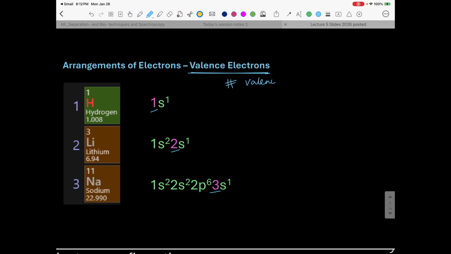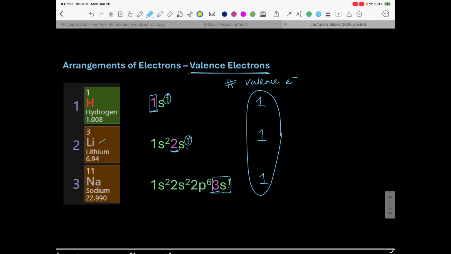here, shell number 1 is the outermost and it has only 1 valence electron, so this will be 1. In the case of lithium, we have 2s, 2 is the outermost and there is only 1 electron there, so that will also have 1 valence electron. When you get to sodium, it has 3 as the outermost shell, and in the 3s orbital we have only 1 electron. This will also be 1. So you can see that each of these has 1 valence electron, which is why they are all in group